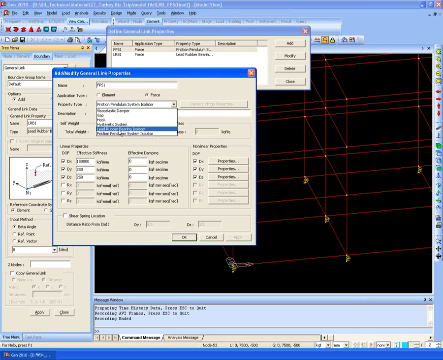So two dampers and two isolators are provided. Okay, if you have any other question,